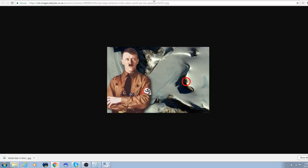But they were fascinated, and this is official Nazi Germany documents all about Antarctica here. They were fascinated with it, and they started going down there as early as the mid-30s. And they were intent on making a base down there. And if you've ever watched Raiders of the Lost Ark, it's true. The Nazis were fascinated with everything occult because they believed there really was hidden power, hidden knowledge there. So they really did go after all sorts of relics, looking for the